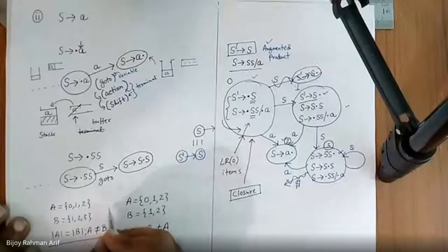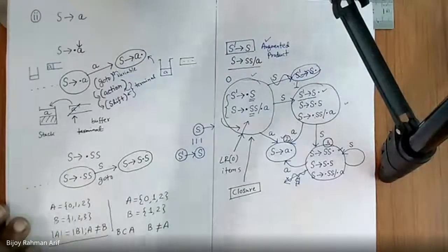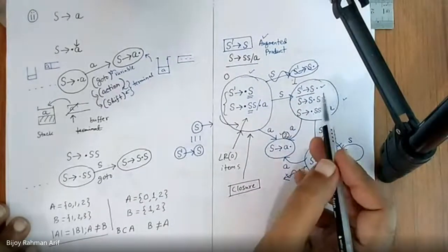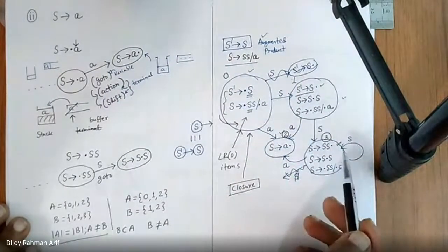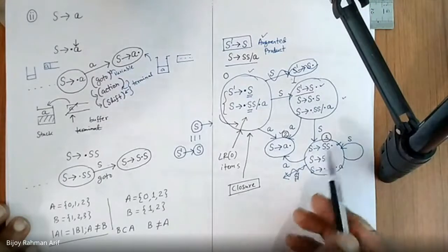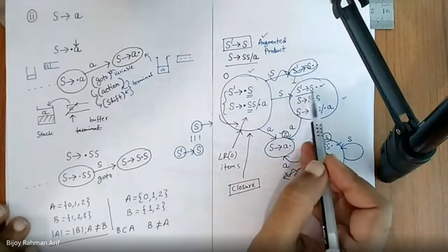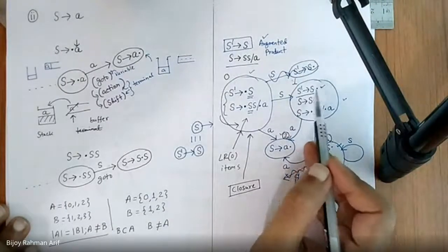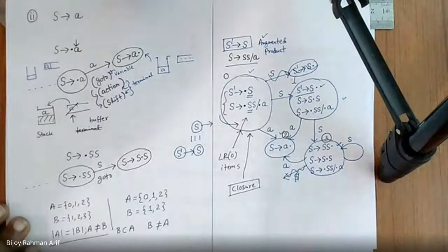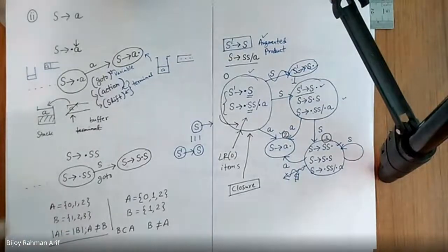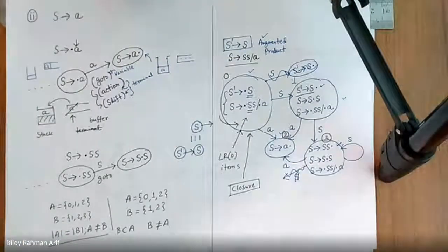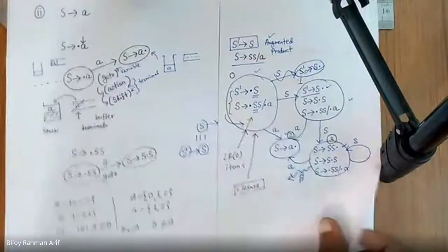So cardinality does not depend directly on the equality of set items. So this is a set item. This is a set. This is a set. Each state can be a set, but as there is a special product, an extra product there, these two states cannot be the same set. Is it clear to you guys? Yes sir. Okay, a good question again.